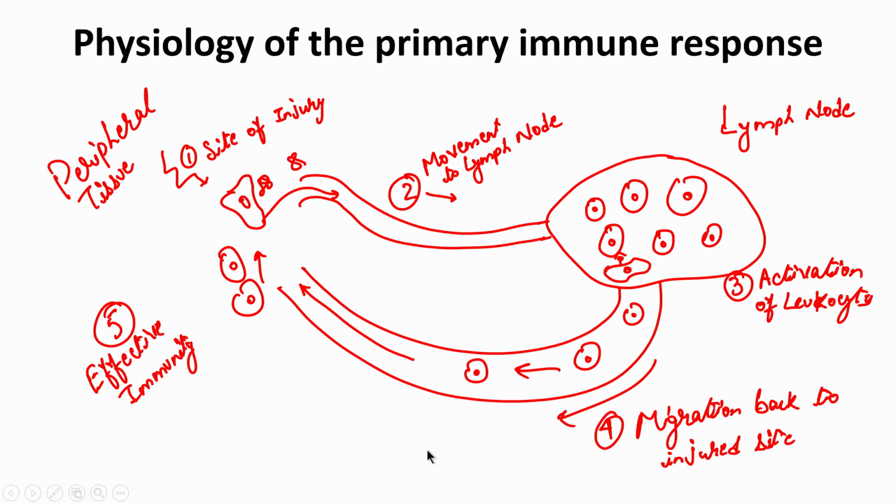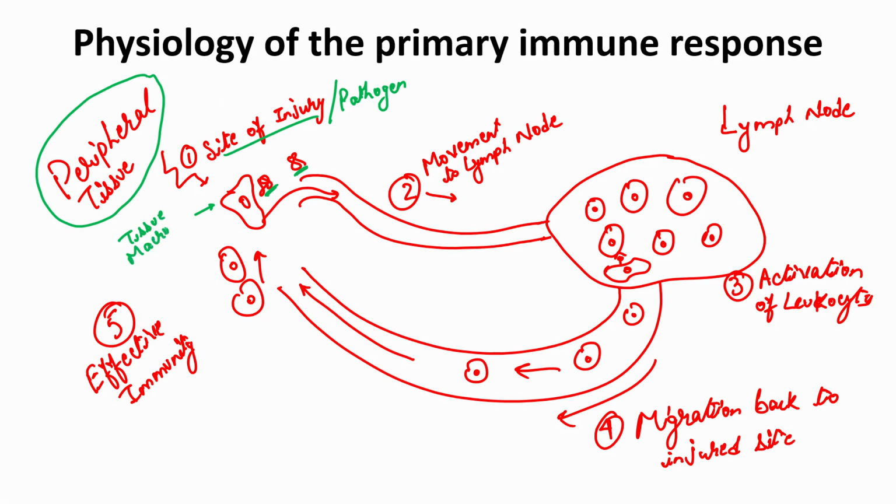Okay. So, let us look at the physiology of the primary immune response. Let us say you have a peripheral tissue, so I will change color. Let us say you have a peripheral tissue and there is some injury or maybe some pathogen that has come in. Because of this pathogen and the injury, what will happen? You may have pathogen or external proteins, antigens in that case, present at the site. Then you have these tissue macrophages that are going to take up these antigens. So, these macrophages will then go